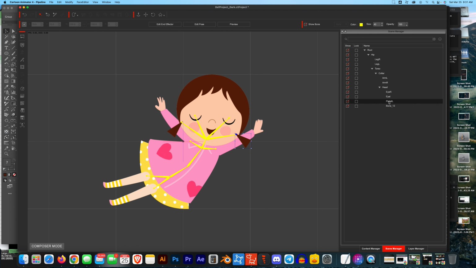Pigtail left. Need to capitalize, camel case. I like to camel case things. I'm a programmer, an amateur programmer by hobby. Pigtail right. Now that we've got all those named, before we do the layer manager, I like to just,